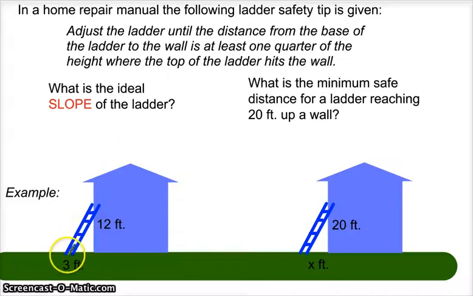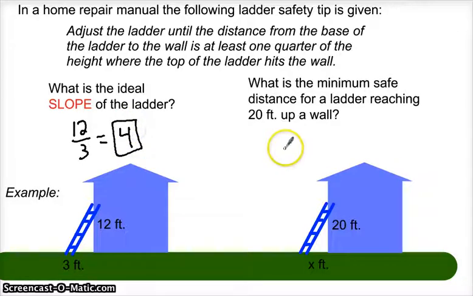Well, if 3 feet from the wall and 12 feet high is the ideal slope, remember we're going to just say rise over run means that 4 is the ideal slope of a ladder. Now we can use that same 4, or 4 over 1, if that's the ideal, to help ourselves figure out if we want to go 20 feet up a wall, how far from the base should we put the base